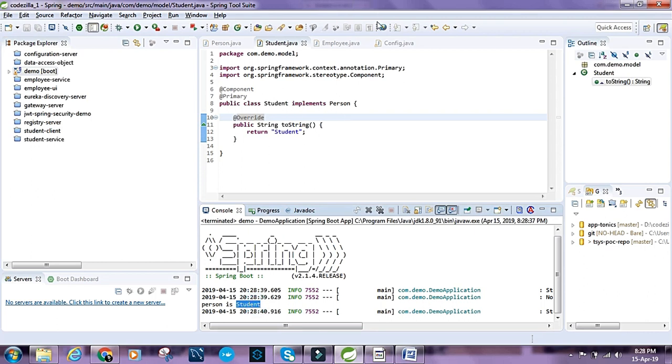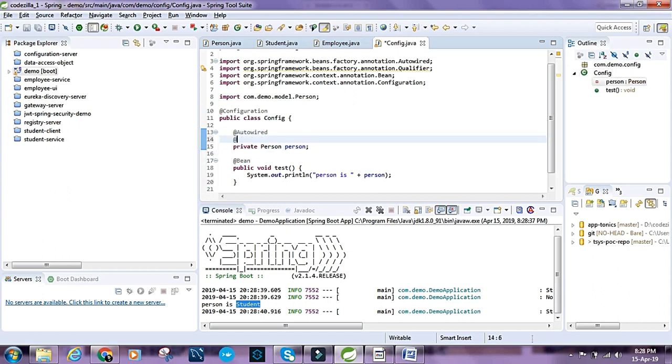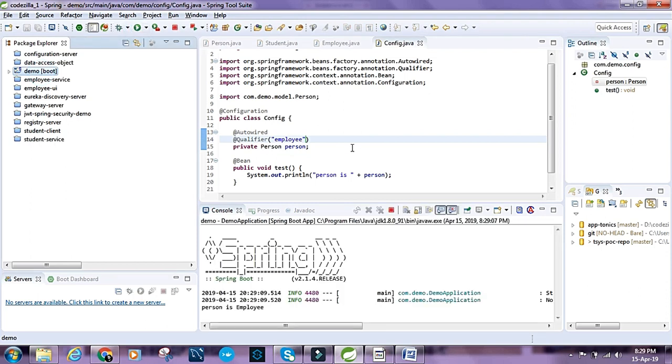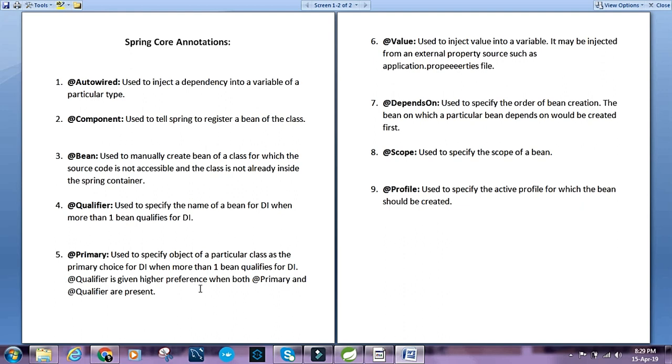Now what if we have both primary and qualifier annotations? So we have primary as student, but we have qualifier as, say, employee. See what happens. So employee is preferred over student because qualifier is preferred over primary. That's what this says. Qualifier is given higher preference when both primary and qualifier are present. Okay, so let's go to the next annotation,